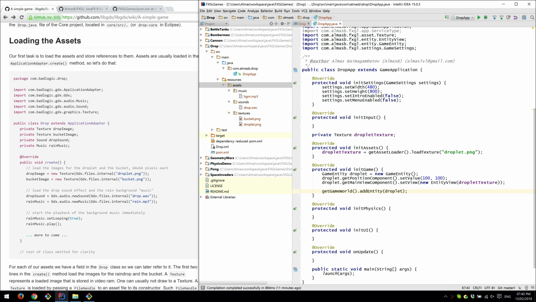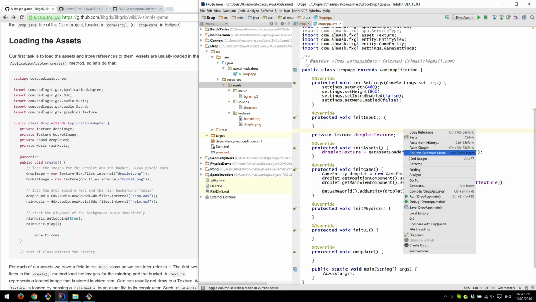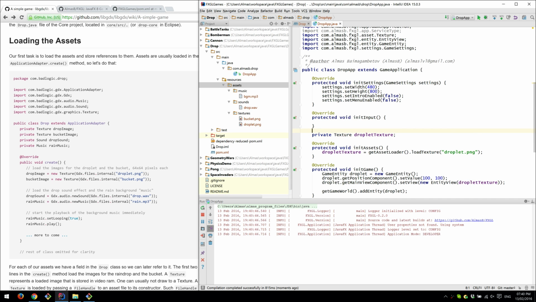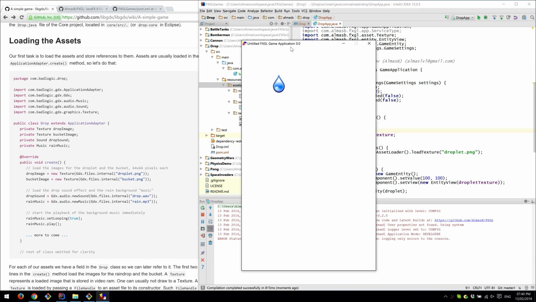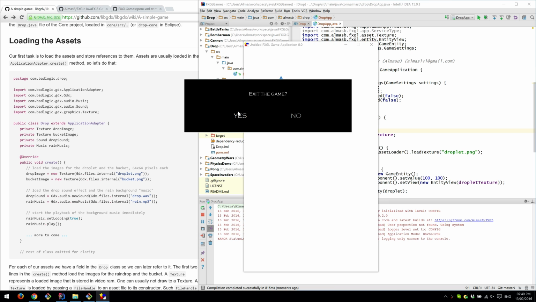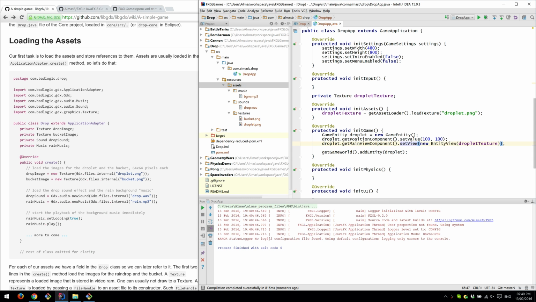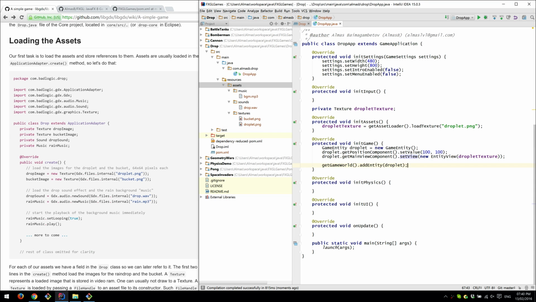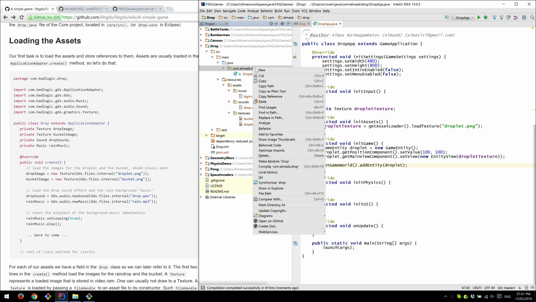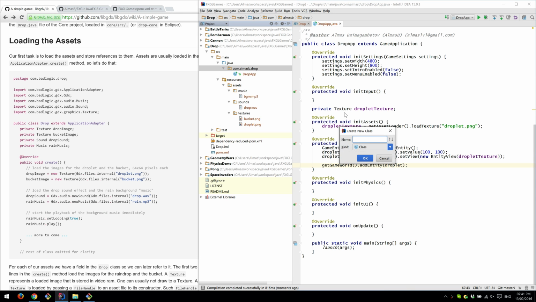Now, if we run this, it should create a droplet, set the position value to 100 and 100, and assign the droplet texture to the entity. So if we run this, we should ideally see the droplet, which is that. All right, what else? Usually when you have more entities, you would typically create a class called entity factory,